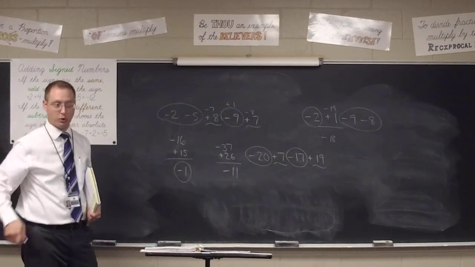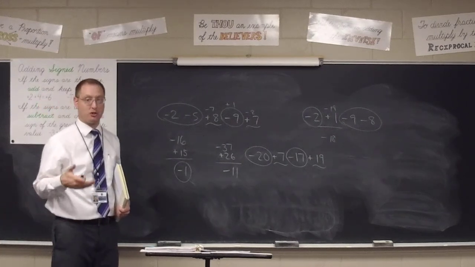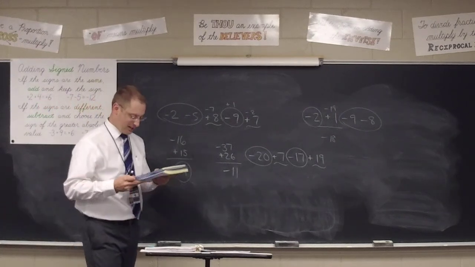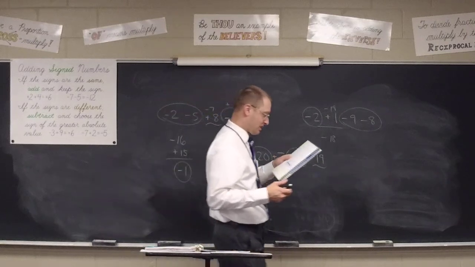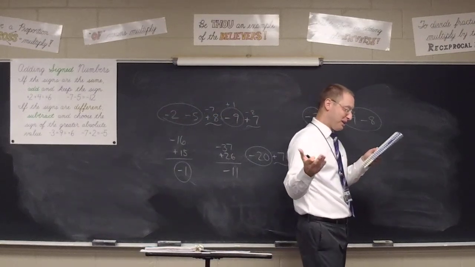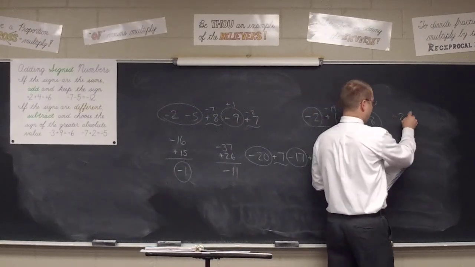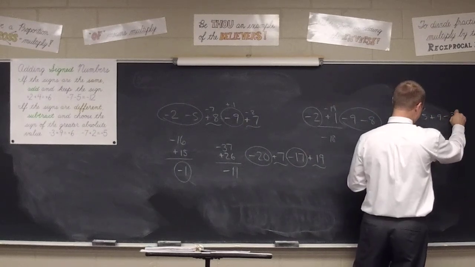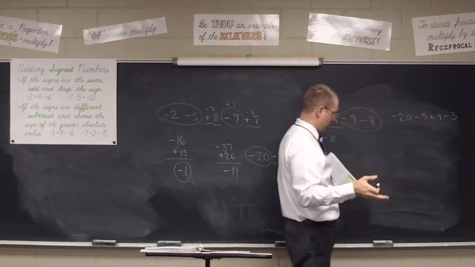There we go. Do you see how quick and easy multiple addends can be if you do it the smart way? How about number 57? Notice this time, oh bless them, it's already written the way I like it. I've got the negative 20, negative 5, positive 9, negative 3. And Danielle, we're going to first group all of our